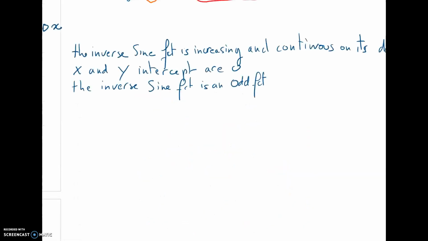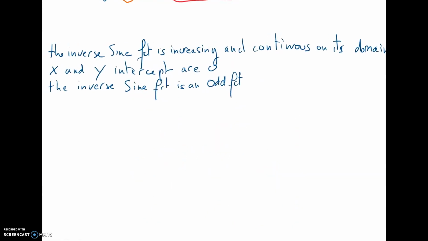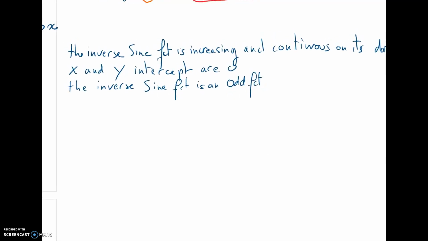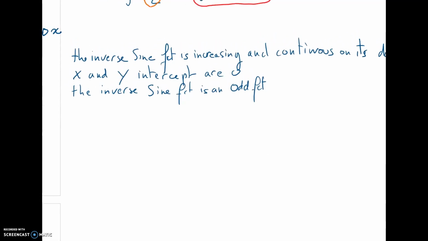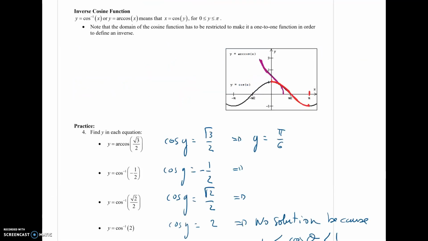So the inverse sine function is increasing and continuous on its domain. The x and y intercepts are 0, and the inverse sine function is an odd function. So for the inverse cosine function, it's the same idea. The domain of the cosine function has to be restricted to make it a one-to-one function in order to define an inverse function. Okay, so let's jump to the